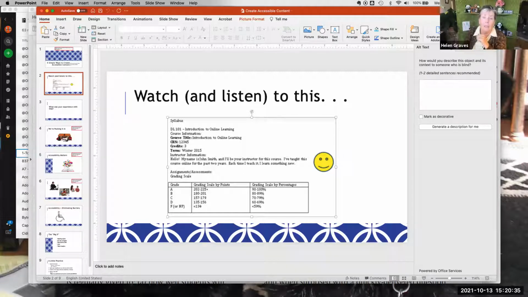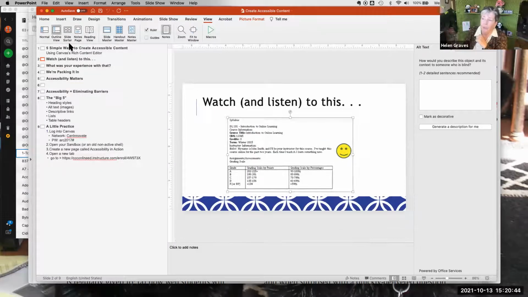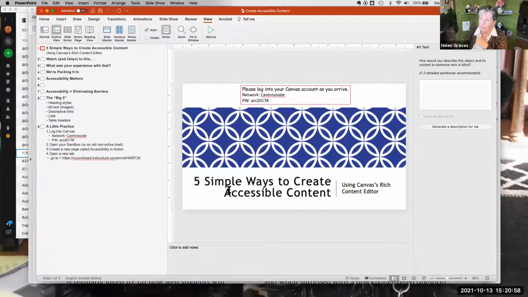Let me show you a little tip. If I go into view and I go into outline view, you'll see over here on the left, it's now showing me text instead of a little screenshot of each slide. This, what's showing here, is what a screen reader device would read. Notice right here on this slide, it's picking up, because I used part of the built-in template. I use the header for the template, so it's reading that. I use the subheader down here,